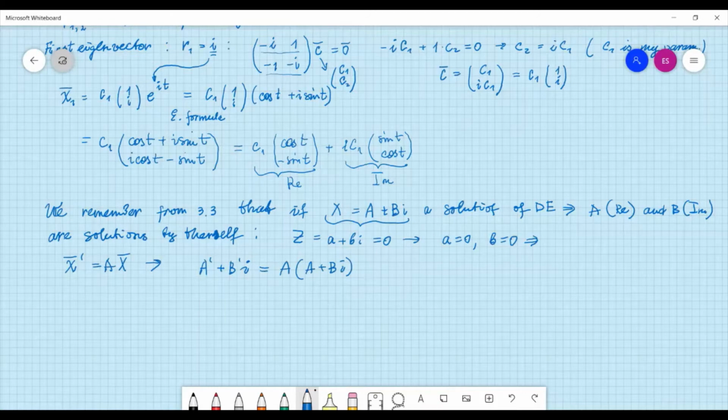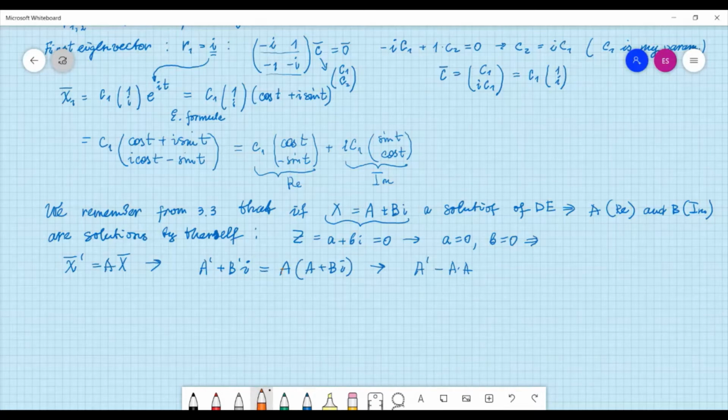Some real part of the solution, some imaginary part of the solution, I just plugged it back into the differential equation. Now, I'm going to move everything to the left side in this equation and write it down like A prime minus A. Sorry, there are two A's here, which is a little bit confusing, but let me write down this